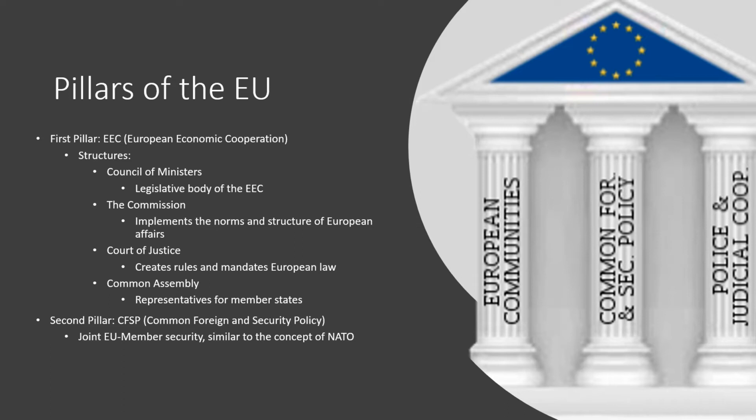And basically it is a body of the European Union that is for their security dilemma and to make sure that outside influences are not harming the domestic plans of the European Union. The last pillar is the JHA, which is the Justice and Home Affairs Council. Essentially, they create policy and law, justice, home affairs. Essentially, they're just used for making sure everyone's following common practices, as well as